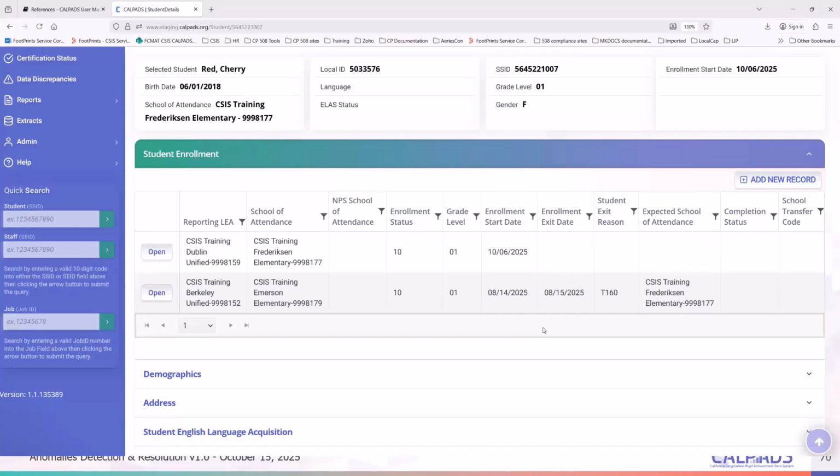So to fix this, if it could be fixed, you can reach out to Dublin and ask them, hey, I've exited the student on 9/15 or 8/15. Did the student really start at your district on 10/6?